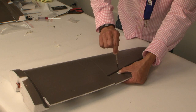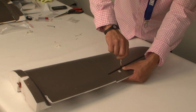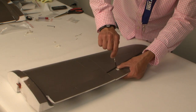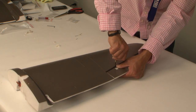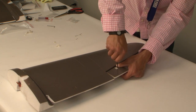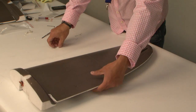We're going to grab our small little driver there, and we are going to just tighten that down. Okay, that's grabbing, and then we're going to go there and tighten this one down. Okay, so now that is there, and you kind of square it off a little bit before you tighten it down all the way. Okay, so let's go ahead and tighten it down. Okay, I feel it with some tension, and it's starting to pull the foam up a little bit from the bottom side, and you can see a little bit of a pressure indentation from the top, and that is plenty of power there. Okay, let's go ahead and do the